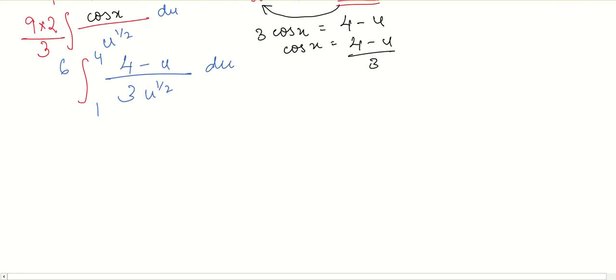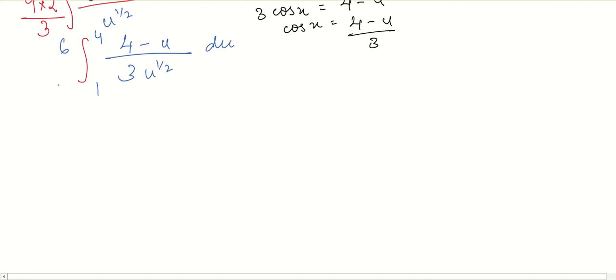You have done your u substitution. Now you'll have to integrate. This is again a constant, so we'll remove it, and it's going to be 6 divided by 3, which is 2. With limits 4 and 1, you have (4 minus u) divided by u to the power of 1 by 2 du, which is also equal to